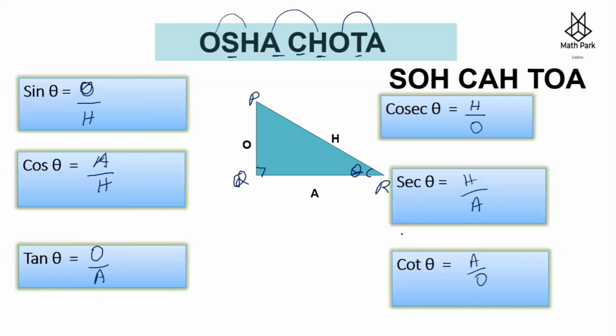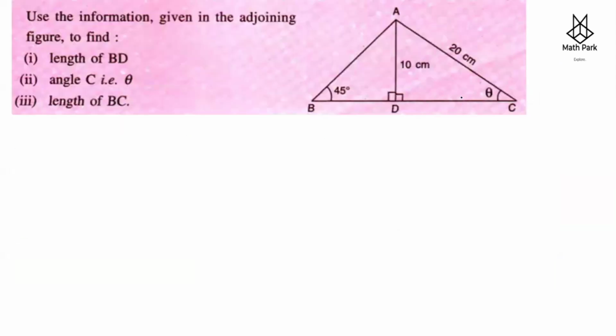For that, every time you can write this mnemonic Osha Chota or Soka Toa. Sine is opposite upon hypotenuse, cos is adjacent upon hypotenuse, and tan is opposite upon adjacent. Now let's start with solving some questions so that you will get an idea. Using the given information, we need to find the length BD. Now, in this triangle, angle B is given to you as 45 and opposite side AD is given to you. So, in triangle ABD,